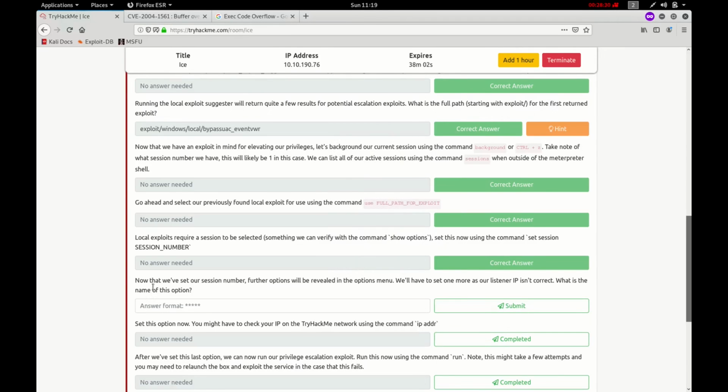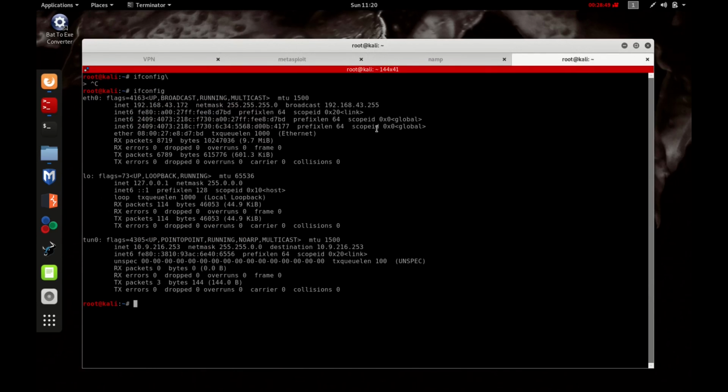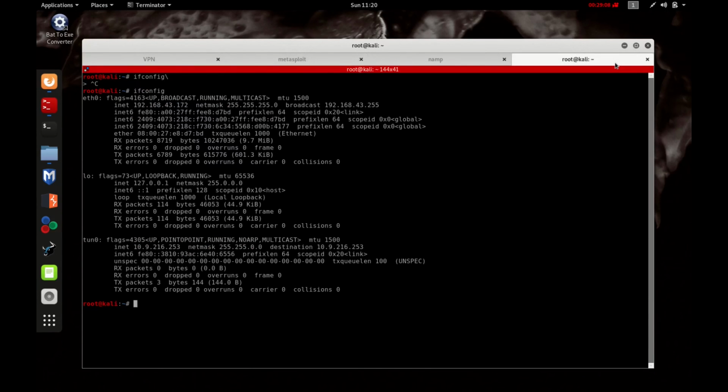This is a general question. What is our IP listener? The name of the IP listener option is LHOST, and our listener IP is the IP address of our interface connected to TryHackMe. So that is 10.9.216.253. Let me go to Metasploit and set LHOST to 10.9.216.253. Is that correct, or I think it's wrong? 216.253. Okay,